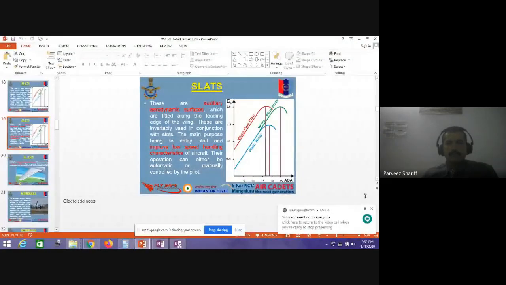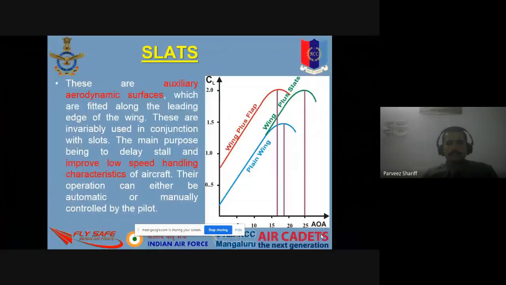Okay, can you see the screen? Yes, sir. Now if you see this graph, the x-axis is angle of attack and the y-axis is the coefficient of lift, meaning how much lift it can give. A normal wing can have a maximum angle of attack up to say 15 degrees. Above 15 degrees, what happens? The coefficient of lift starts decreasing, meaning the lift gets decreased. The critical point is just 15 and just beyond 15 it drops.